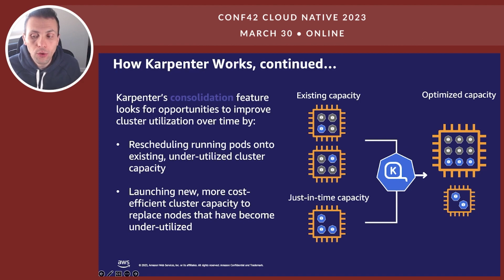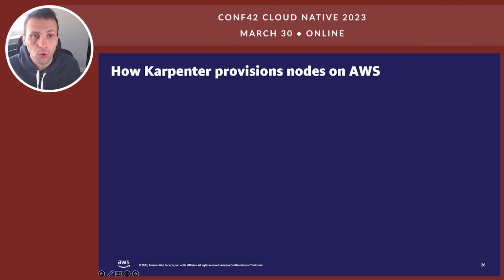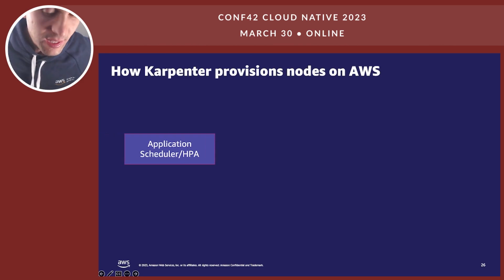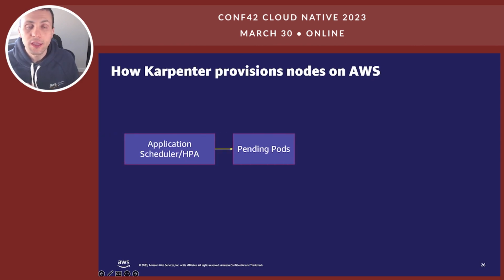So when we look at how Karpenter works, right? How Karpenter provisions a node on AWS. So let's first look at how Cluster Autoscaler does. So Cluster Autoscaler, let's say you have an application scheduler or HPA triggering a specific pod